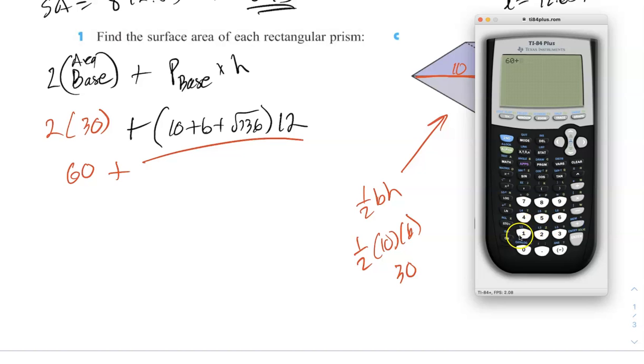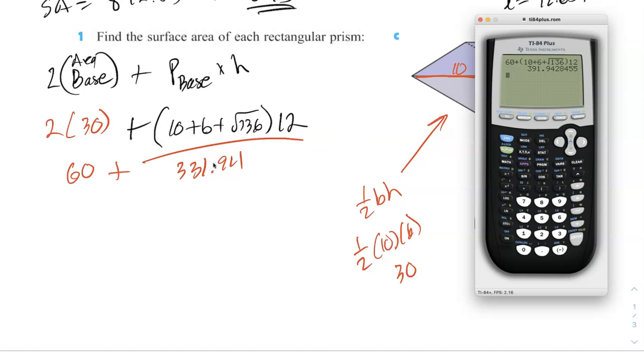So plus 10, oops. I'm going to multiply all this by 12, so I'm going to go 10 plus 6 plus radical 136. Now if they wanted us to put it in a certain form, like if they said the answer was like 3 plus rad 2 or something like that, they don't have to break it down. But I think in most cases here, they just want you to use a calculator. So I get this. I should not have put the 60 plus, just so I could fill out this part correctly. So this would be